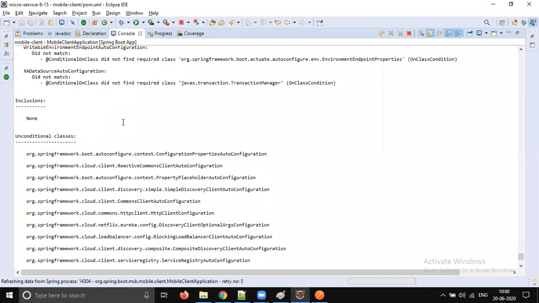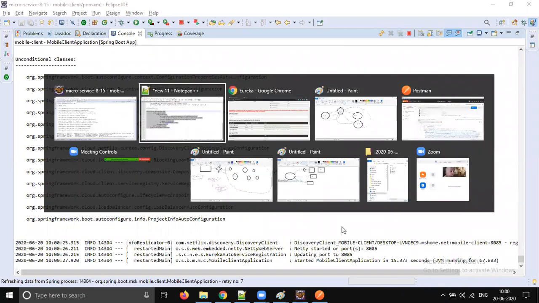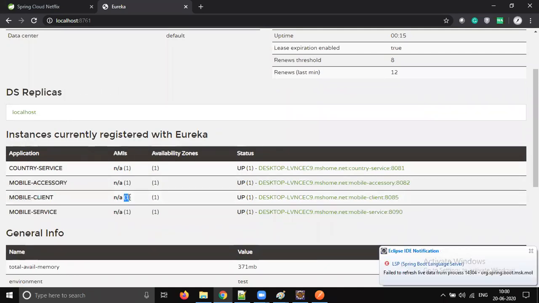So that's fine. Still our application should be up and running, right? Yes. Now let's go to Eureka and refresh. You see the mobile client is here. So how many instances are there? Only one, and the status is up and running.